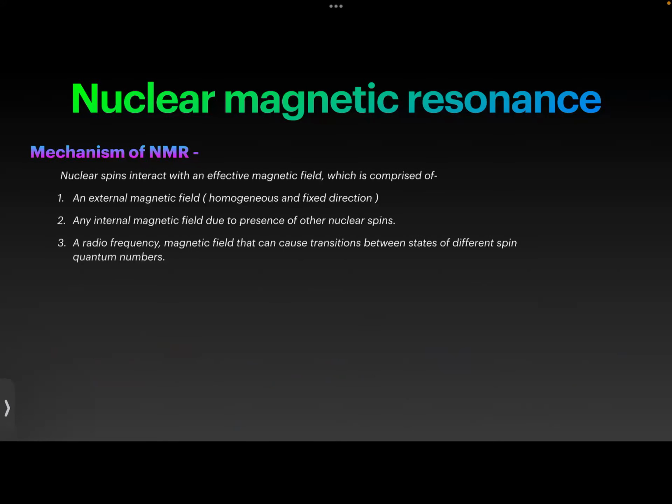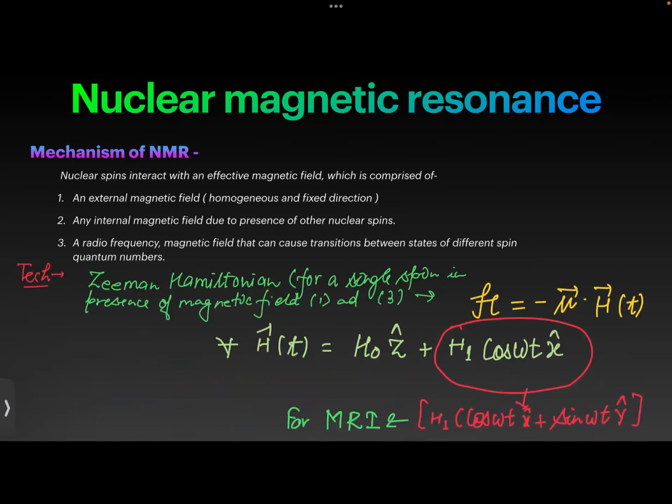But there is one specific use of the second part. If we are doing MRI, we generally take the circularly polarized magnetic field, which has both an X part and a Y part, so that they can extract more data by using the X component and the Y component, whichever is more useful for them. They don't want to do the measurement again and again because of some constraint in the medical field. So they use circularly polarized light, and they get the data they want by changing the direction of the